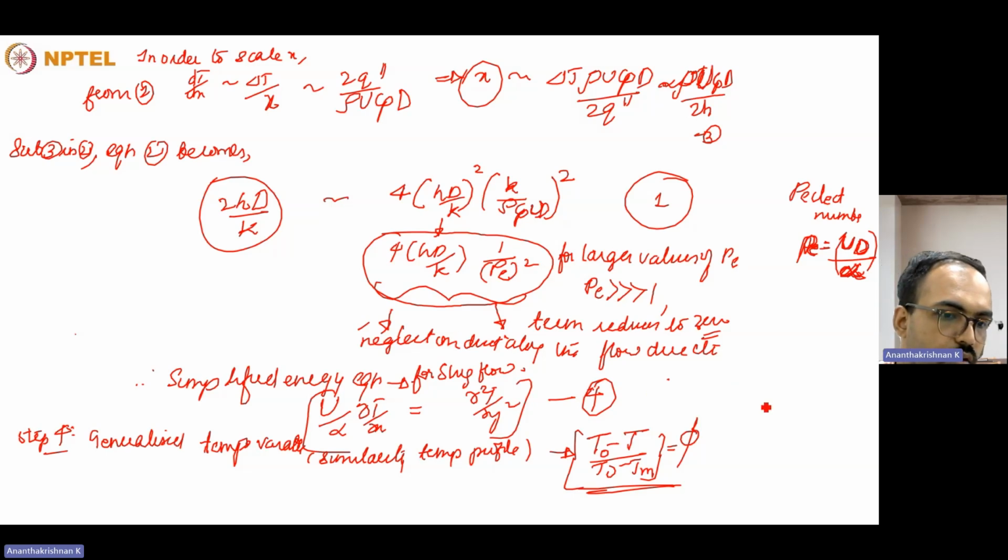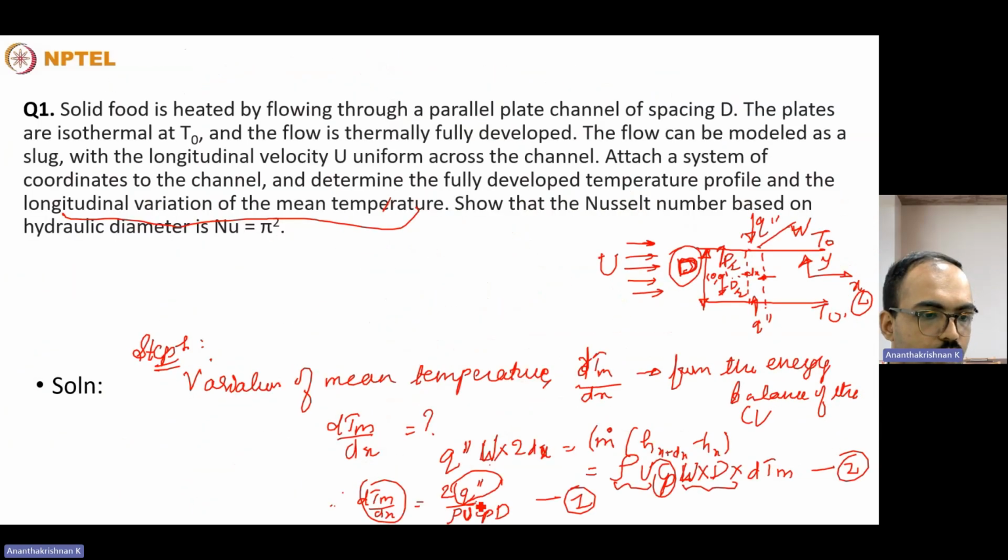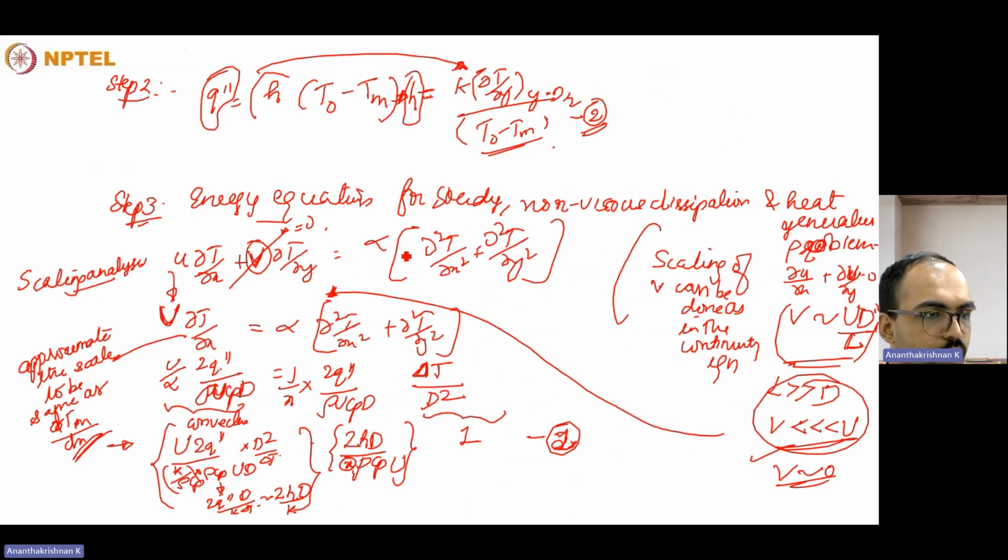So this is 5, we can assume this will be 5. And we use a scaling for the Nusselt number. We know that the Nusselt number in this case varies from 1 to 10 somewhere. So the Nusselt number can be of the order of 1. We have already calculated the Nusselt number initially. For this particular case, the Nusselt number will be